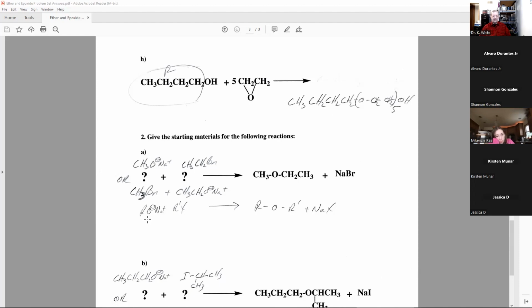This is the Williamson ether synthesis, alkoxide OR minus Na plus and an alkyl halide. I don't have it here, but X can be chlorine, bromine, iodine. And you make an ether. The carbon with the halogen and R prime is a carbon the oxygen is bonded to in your ether. So I can call methyl R, ethyl R prime, and you get the top. If I switched it, called methyl R prime and ethyl R, you would get the bottom. And either one is right. And we're done with that. Any questions?